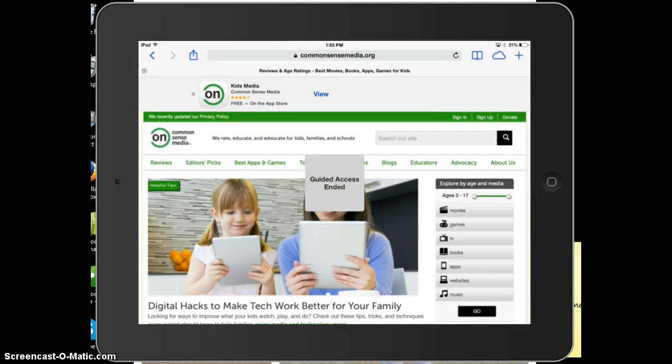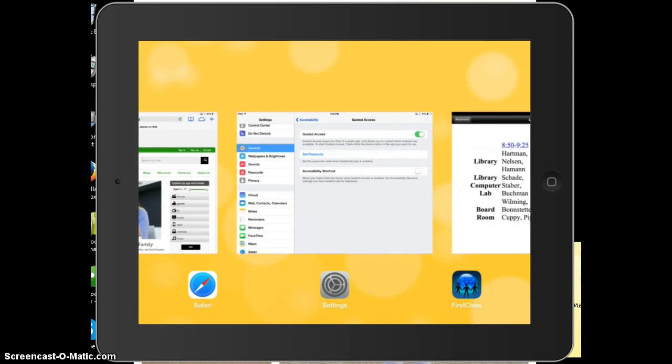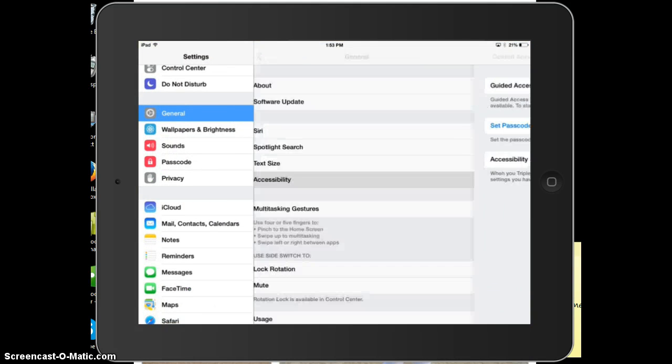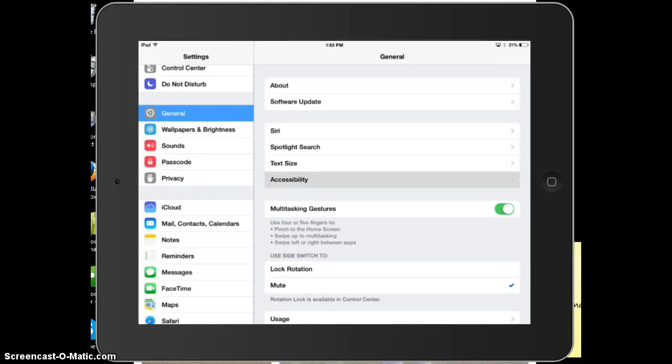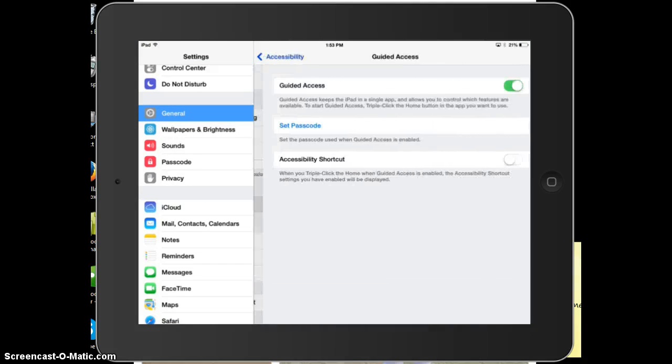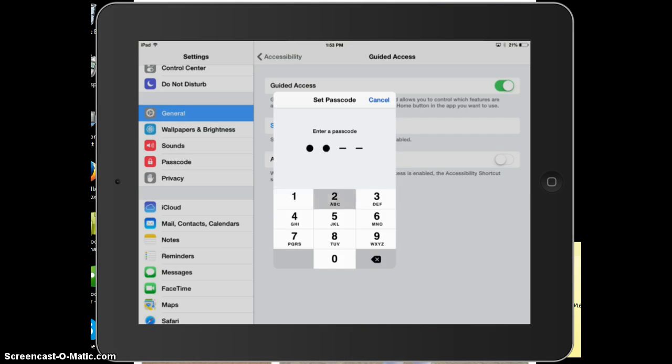Okay, so I'm going to go back into my settings. So here's my settings. It was under the General tab. If you go to Accessibility, you scroll down, and here's Guided Access. Under Guided Access, you can set a passcode,